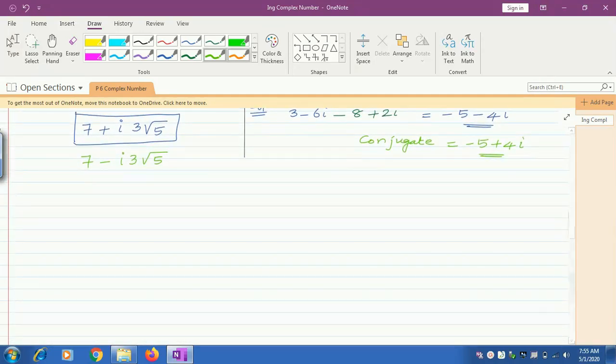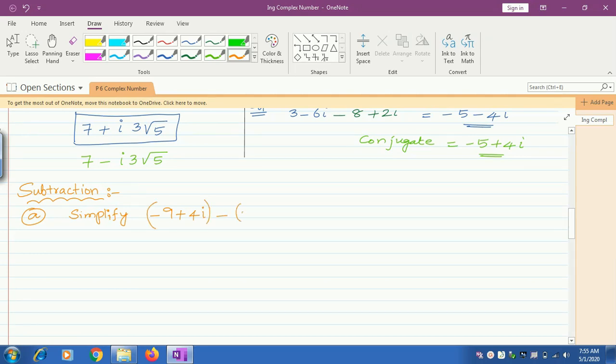Now we are going to see the subtraction. Subtraction on the complex number. So what we have here, simplify. Always you have to write the final answer in the standard form of the complex number, that is a plus ib form. Minus 9 plus 4i